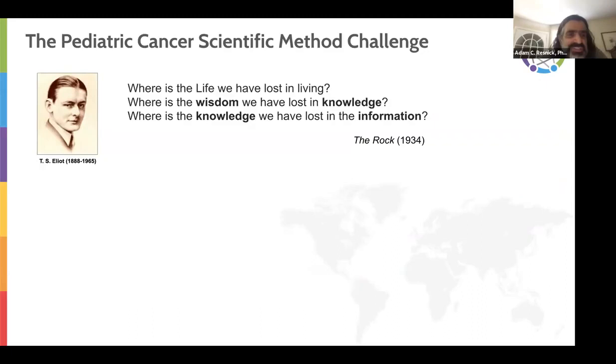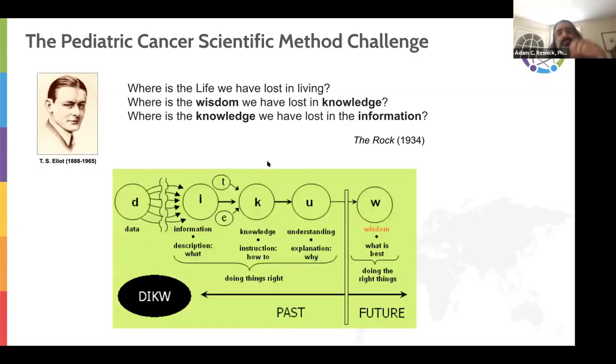Very much aligned to T.S. Eliot's prescient characterization of something that's very close to the scientific method, but recognizes the difference between knowledge, information, data, or here in this context, wisdom. Specifically, T.S. Eliot actually wrote this in 1934, before we even had ways of measuring information. The concept of the bit essentially didn't come along until